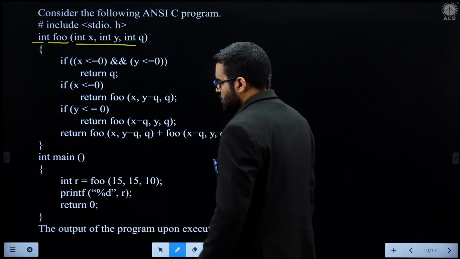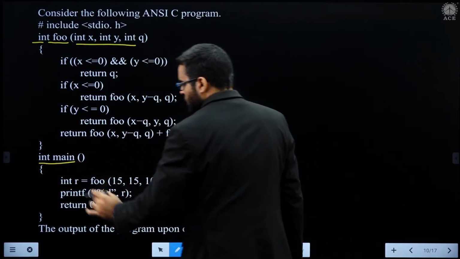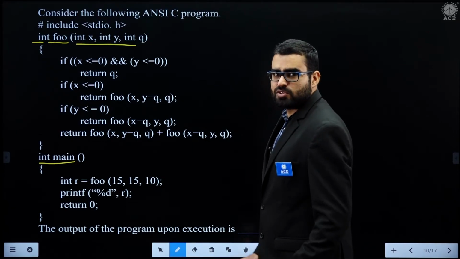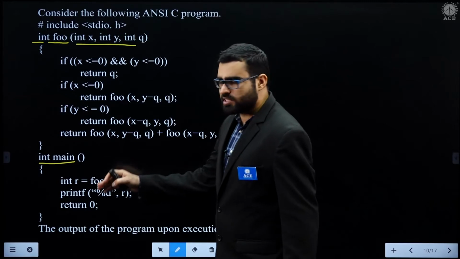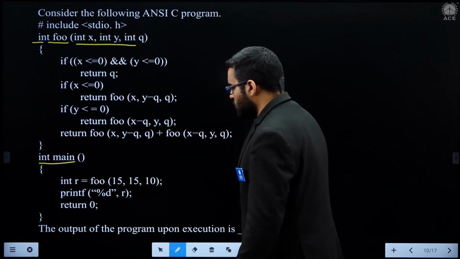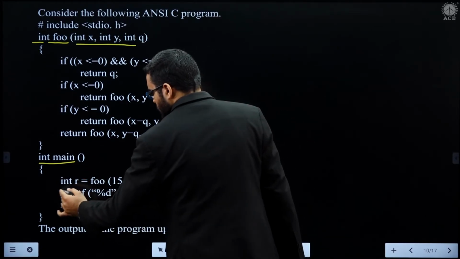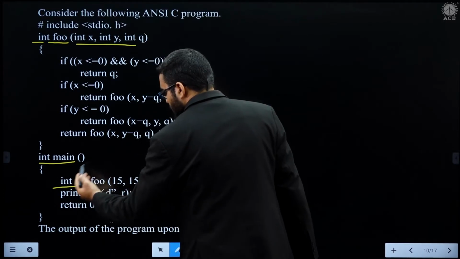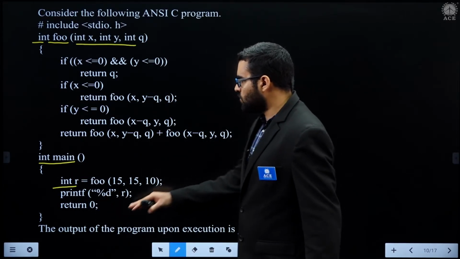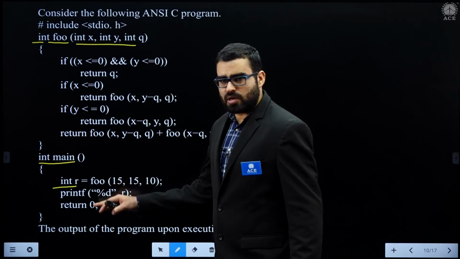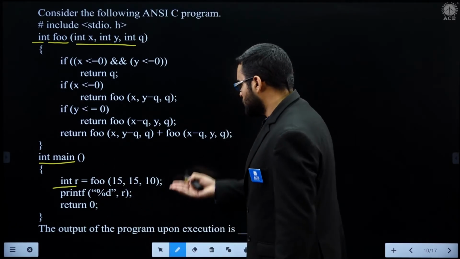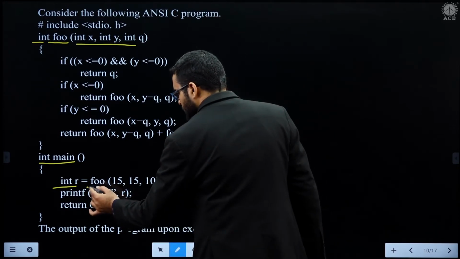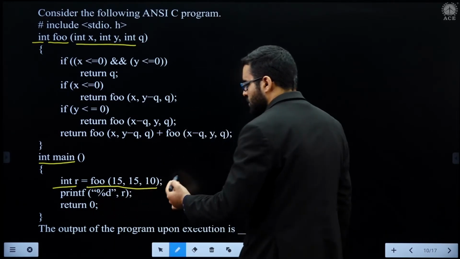Now this is our main function, so the execution of this program will start from here. We have a local variable r in this main program. To this local variable r, we are assigning the value that is returned by foo 15 15 10.